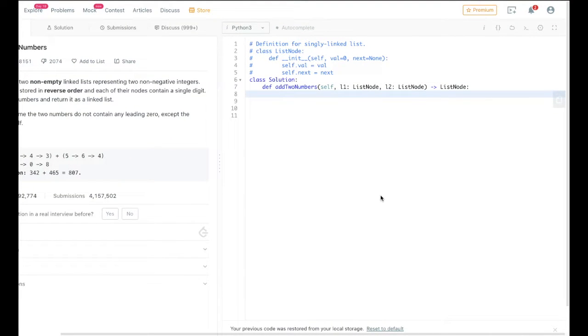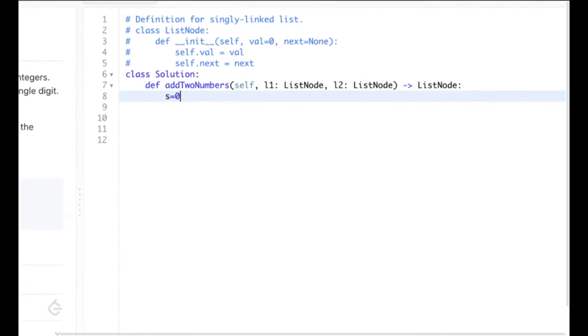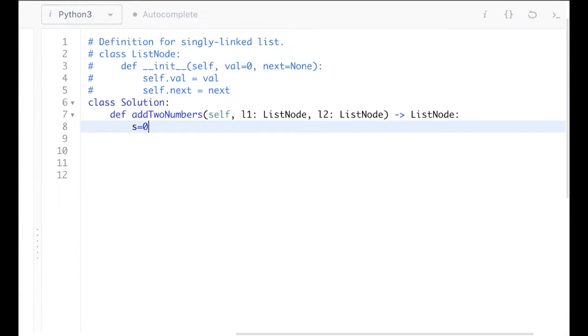So what we have to do here initially, we have to take two values. One is sum, s equal to 0. Let me zoom. S equal to 0, and one is the carry value. Initially my carry is 0. Okay.